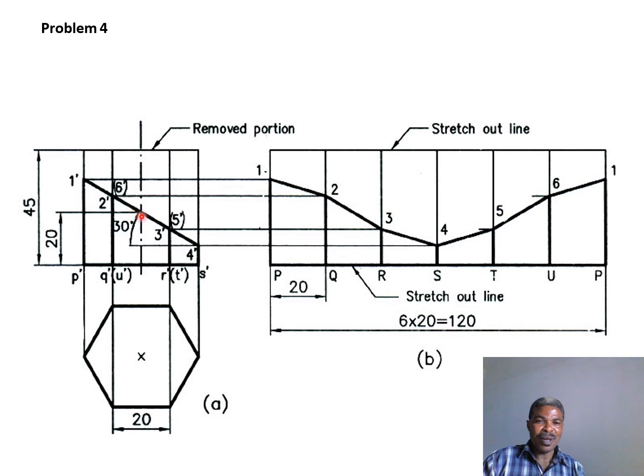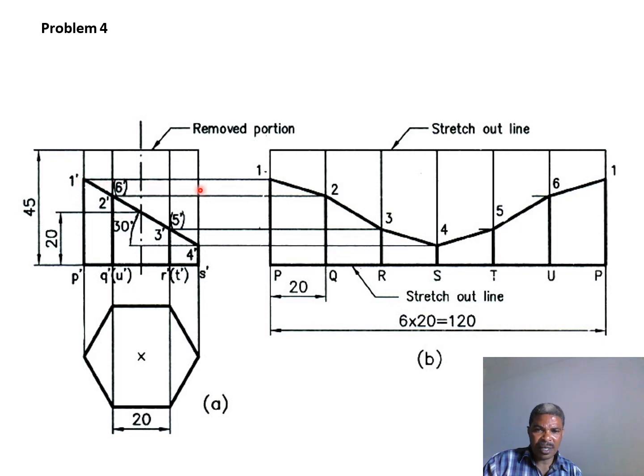So it's where you have to lay a line of truncation at how many degrees? 30 degrees from horizontal. After you have indicated where the points of intersection occur, you need now to project those lines from the line of